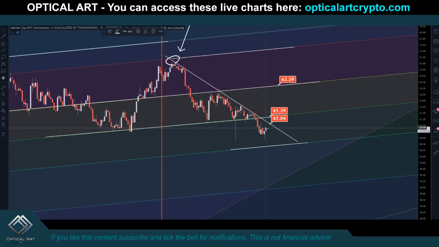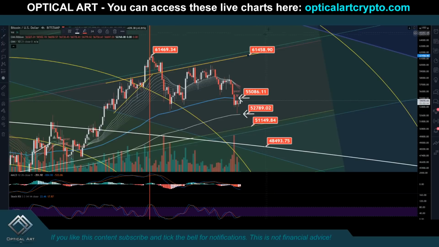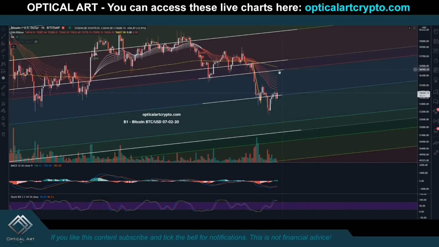If dominance continues down, your next support for dominance is down here at 60.36. If this holds and pushes up, you're at support with Bitcoin. This might be a point you might want to put in a long. Obviously, if we break this and we drop down to this, which is actually a fib channel line we'll respect as well. So again, if dominance continues down, I'm saying that the price of Bitcoin can come down as well. So that covers that one. This is another chart. I'm going to give you some price targets on this as well,